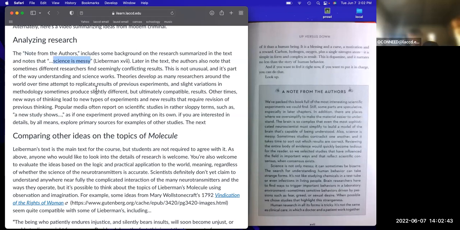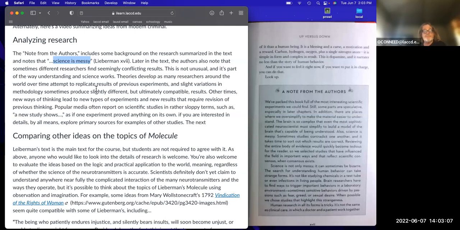The note here at the beginning talks about how they have tried to summarize what they believe are some of the most influential studies. But by messy, they are talking about how the scientific community develops theory by multiple researchers